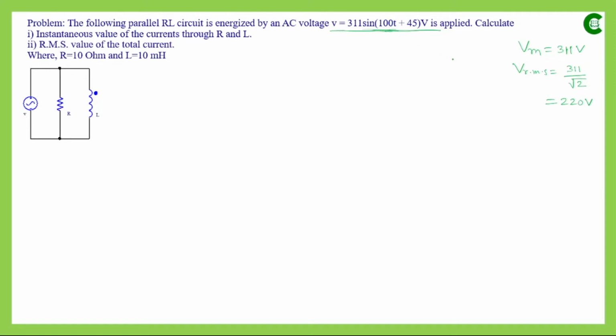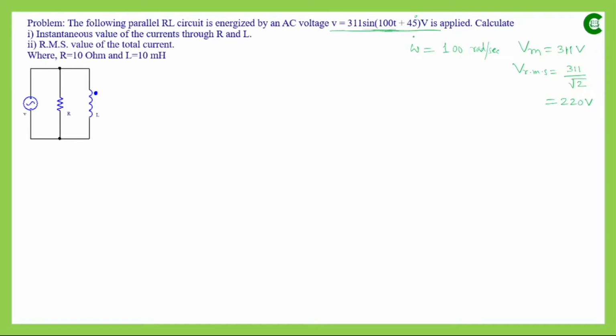So omega t, that means the omega value, from this expression we can say the omega value is 100, and we know the unit is radian per second. So from the problem statement itself we can take the omega value. Here no separate linear frequency value is given, directly the angular frequency value is given. But here we have a phase difference of 45 degree. Though the expression of voltage is given, it is not taken as a reference. So it is basically leading by 45 degree,